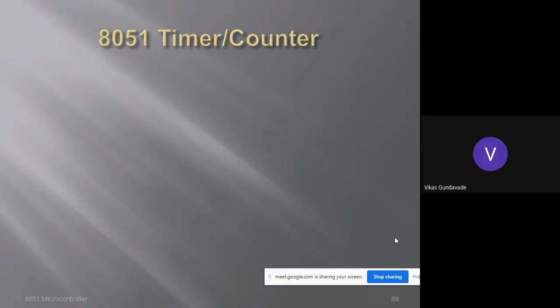Now this delay can be provided either by software programming or by using timers. We have already seen how to provide the delay using software programming in the previous few programs. But if you are given a specific time delay and you need to turn on and turn off by calculating that specific time, then it is very easy when you use timers. So these timers are used to provide the delay.